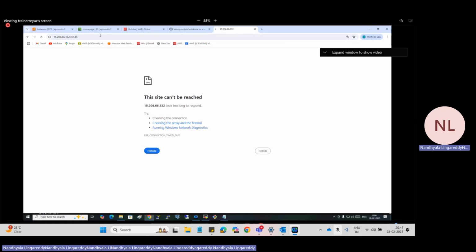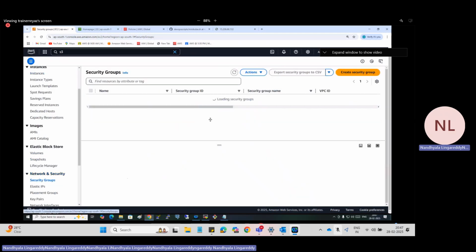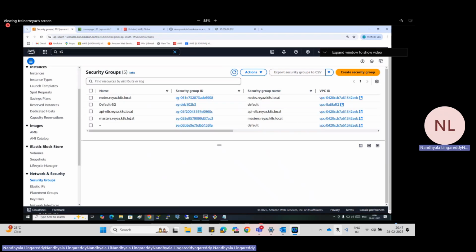I know. What is that? Very good, Rajesh. What is this here? Security groups. So I told you a thumb rule all the time. If you're not able to connect to the server, check the security group. If you're not able to open the website, check the security group first. And I see here, our Kubernetes, I told you yesterday that it will create separate security groups. Yes or no? And you tell me which security group we are using here? Which one?